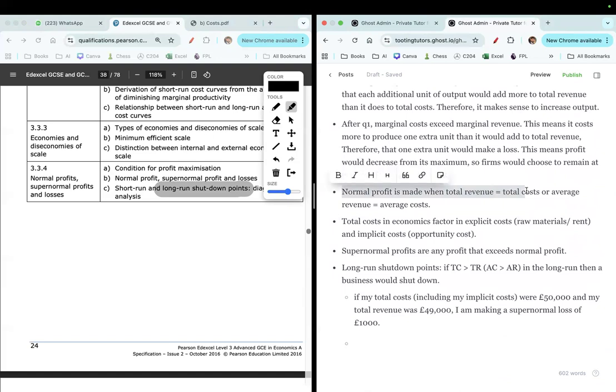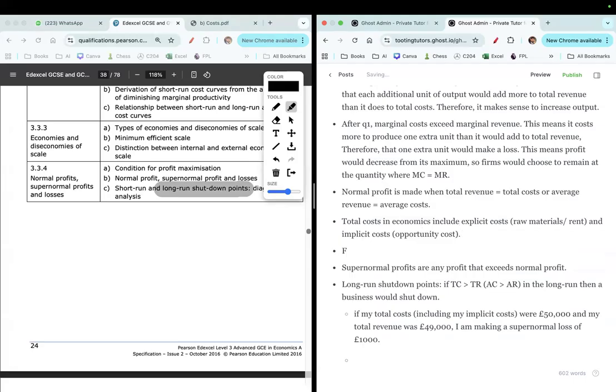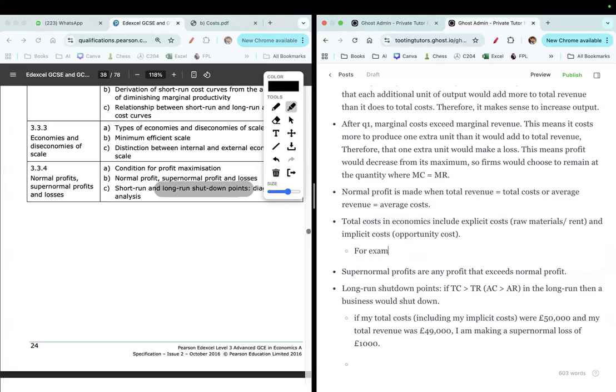Normal profit is when there's no profit. It's when total revenue equals total cost. But we have to say total costs in economics include explicit costs and implicit costs. So when you mean total revenue equals total cost, would it just be, for example, if total revenue is 20,000, but the total cost also equals 20,000? Is it that, or is it something different? It's that, but for example,